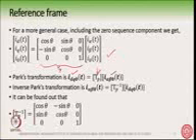Similarly, you can have the inverse Park's transformation. This is TP inverse, and you can just do the matrix operation, and it is like this. So you can go from alpha beta to dq or dq to alpha beta.